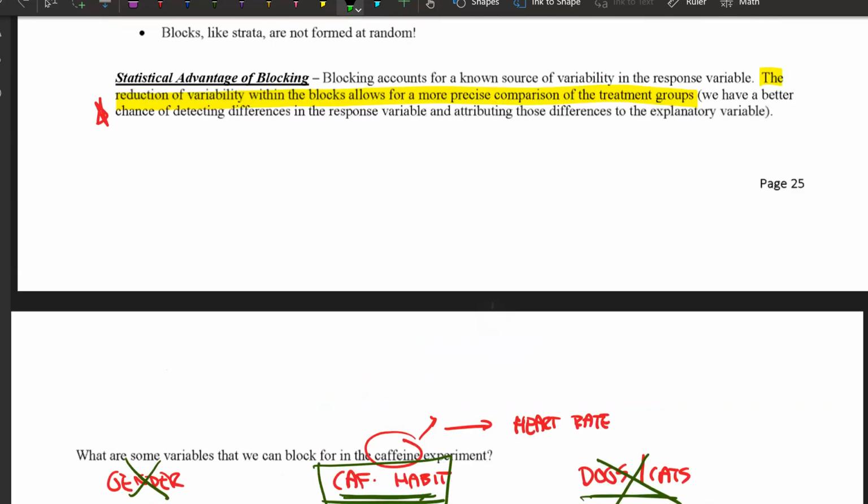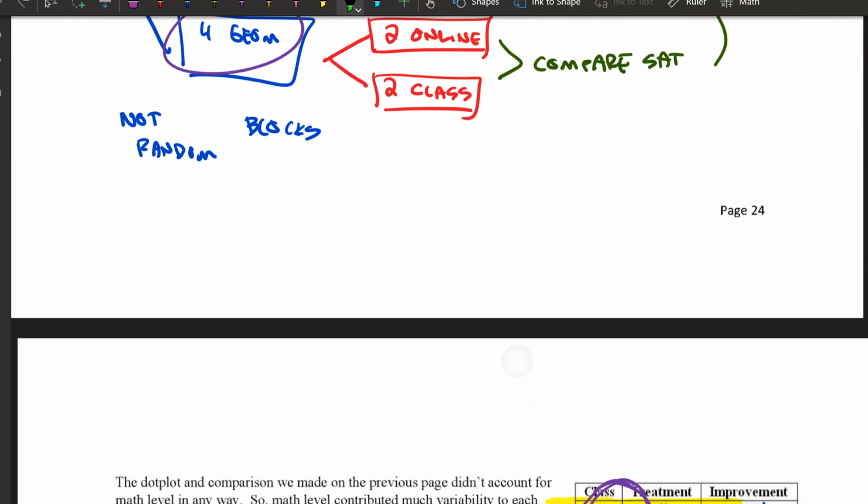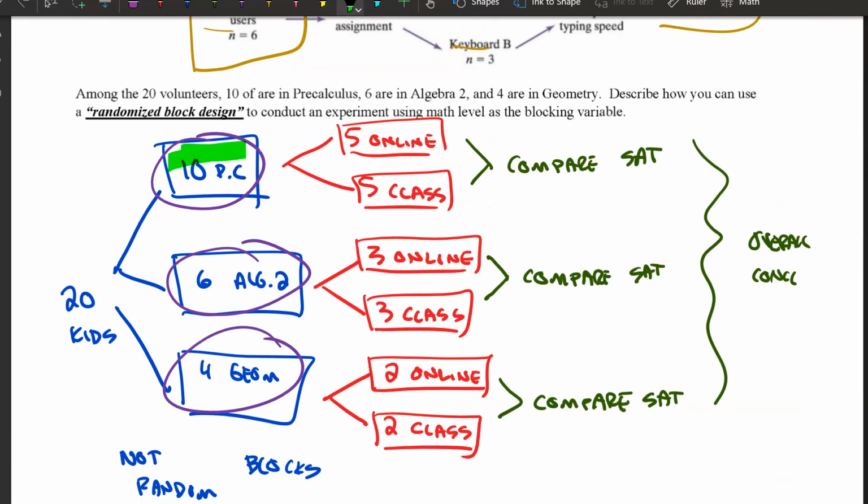So up here, we created blocks in this example that had 10 kids, 6 kids, and 4 kids. In a matched pairs design, you create blocks that just have two individuals. Every block is going to have two individuals. So you might say, man, your replication is really small. Yes, but what we're doing is we're putting two people that are most closely alike in the groups so that